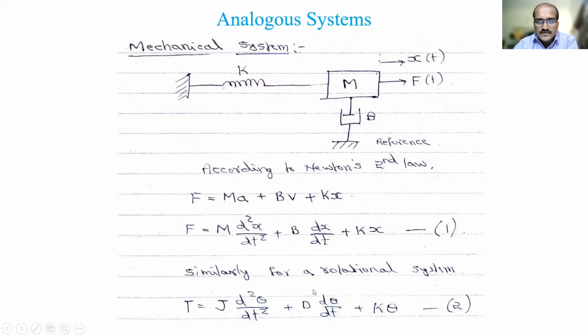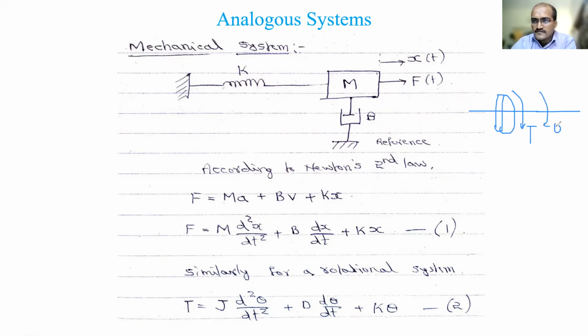Similarly for a rotational system. If I have a rotational system, what will change? This m will be represented like a wheel. It's not going to be round for me, I will try to draw it like this, and there will be an axis here. So this is the torque we are applying, that means we are applying rotation. Accordingly the displacement here is called theta.